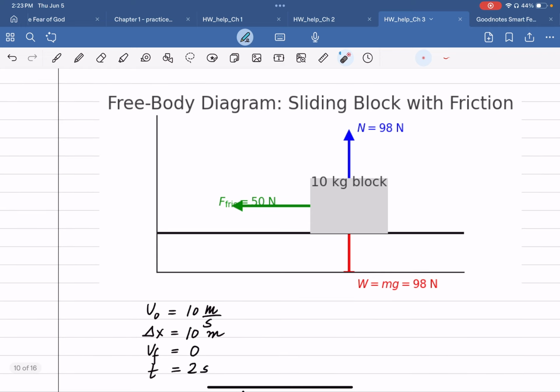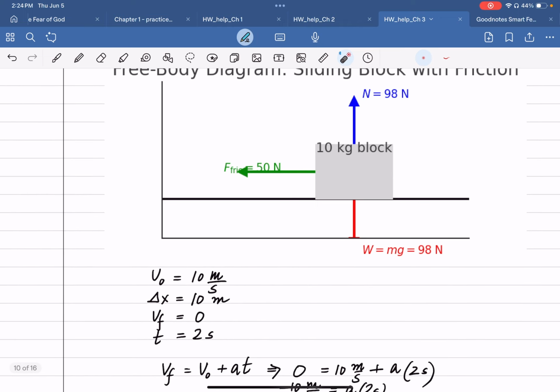We're given the initial velocity, the displacement, the final velocity, and the time. No need of any confusion. It's in the question. You have to read it, look at the unit, and know that velocity is in meter per second, distances are in meter, time is in seconds. Just get used to it. And then look carefully at this. You may remember this equation that we used so many times,